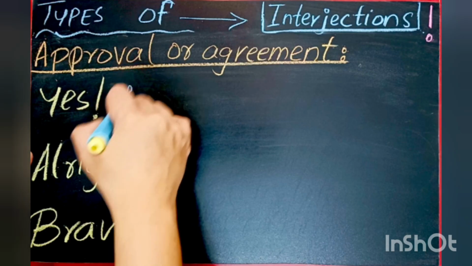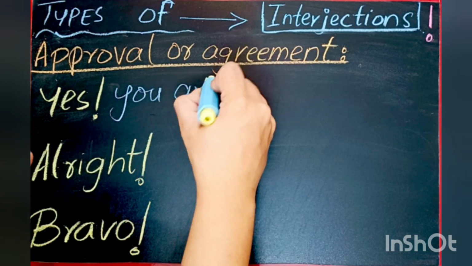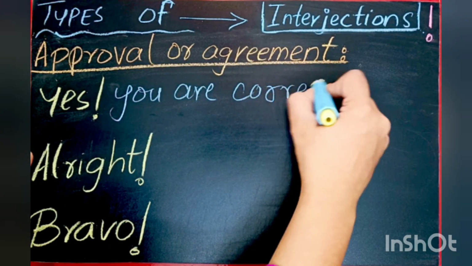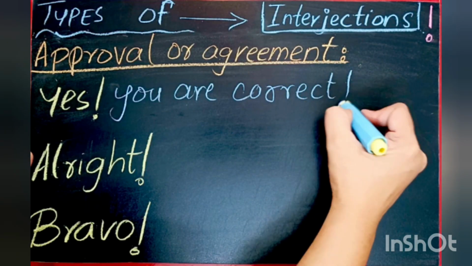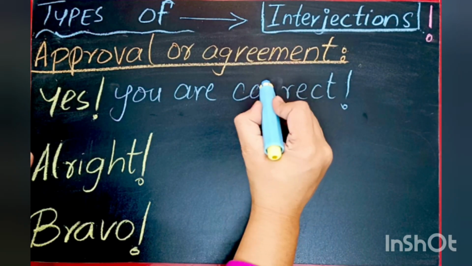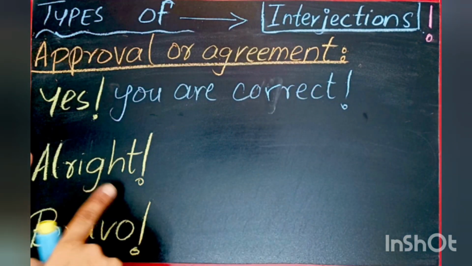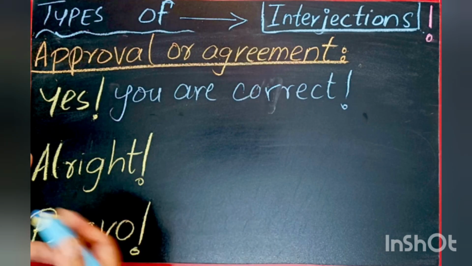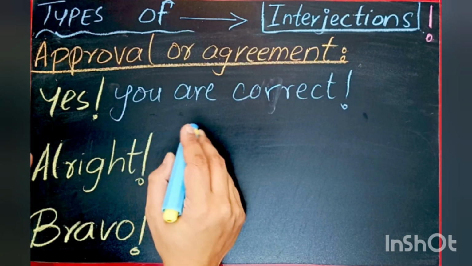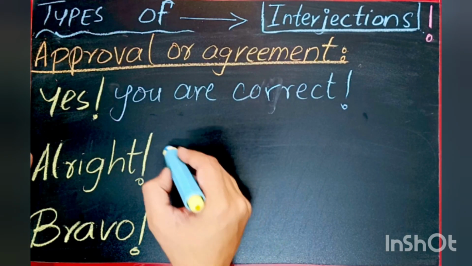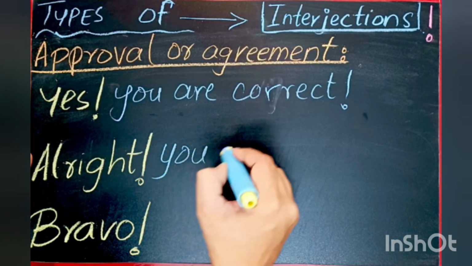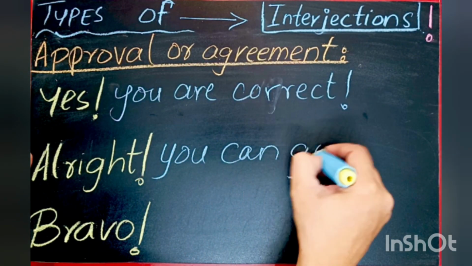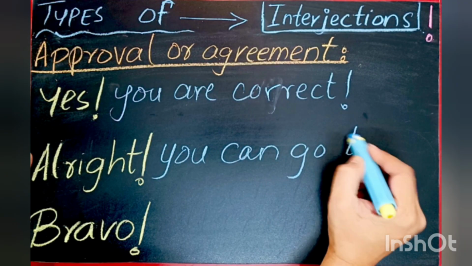So let me write this sentence. Yes, you are correct! Here I have used an exclamation mark after the word correct, because it's also exclaiming something. Okay, all right. All right, you can go to the party. Let's write the sentence because it is showing the approval or agreement to someone that you are allowing someone to go to the party. Okay,